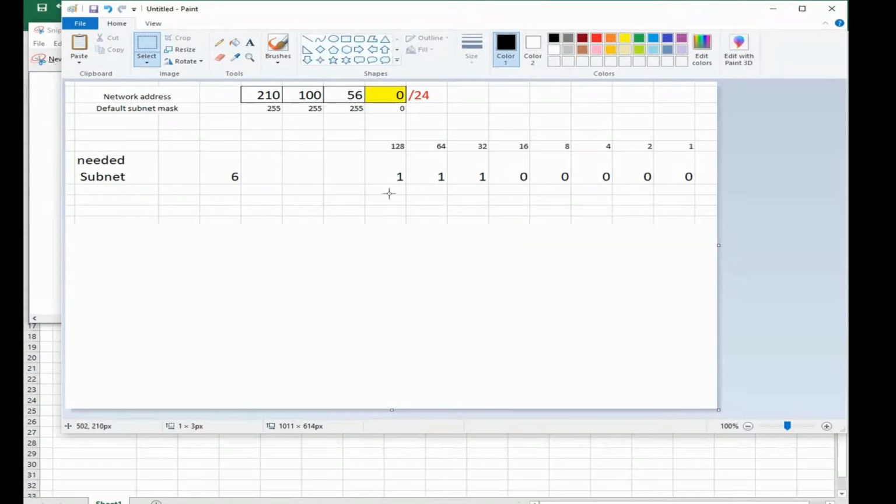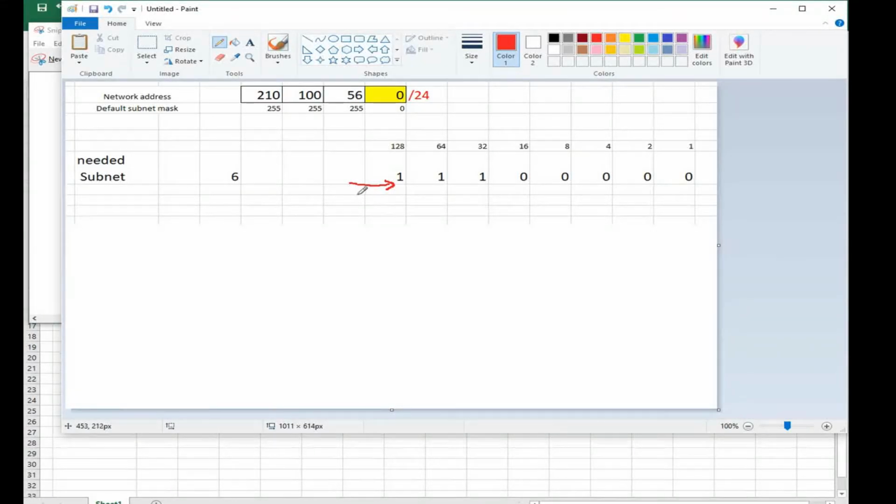This bit, because if you are going to find the network addresses, the number of subnets needed, we always start from here. Please keep it in your mind. It should start from this point. If you are going to find the number of subnets, here the needed subnets are 6, so we will find here. Please don't start the number of subnets from this point, it will be wrong. Please keep it in your mind.